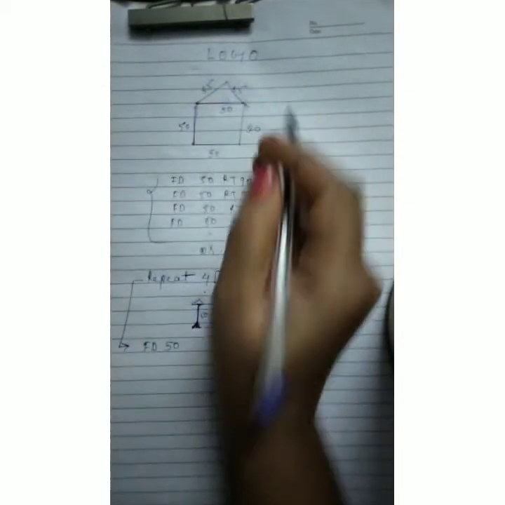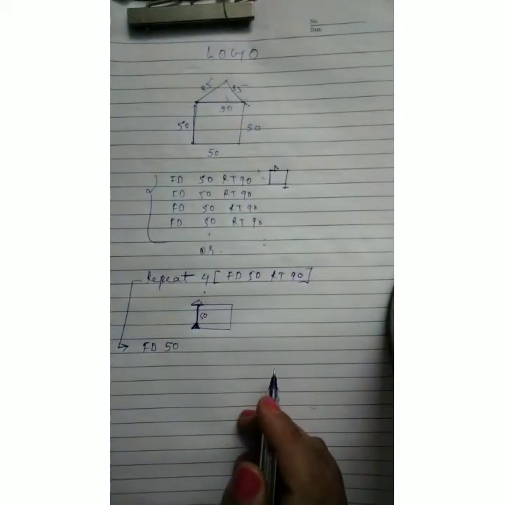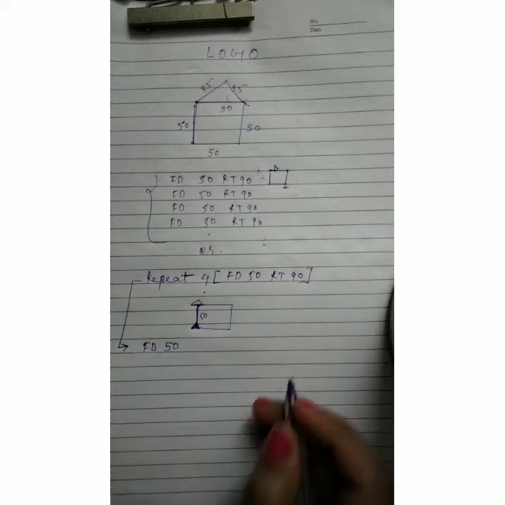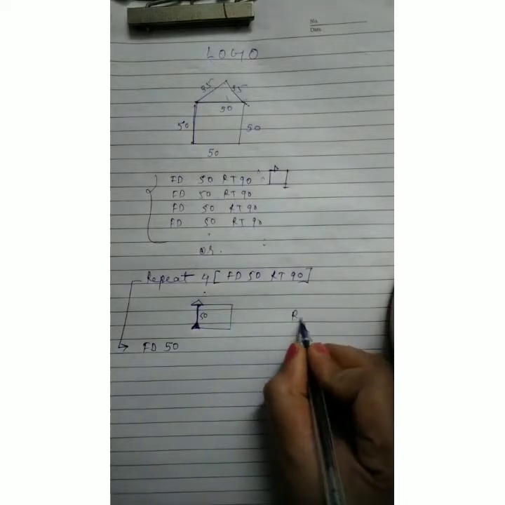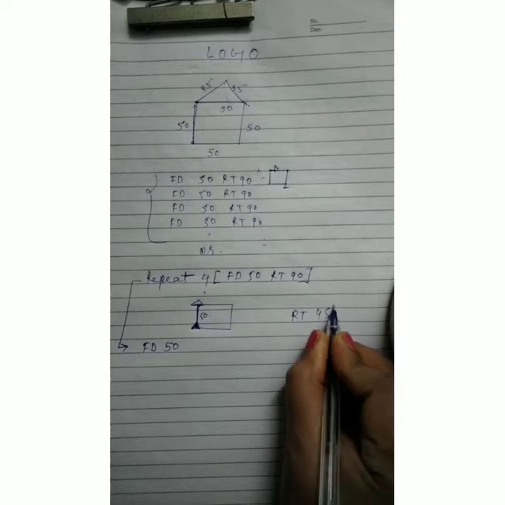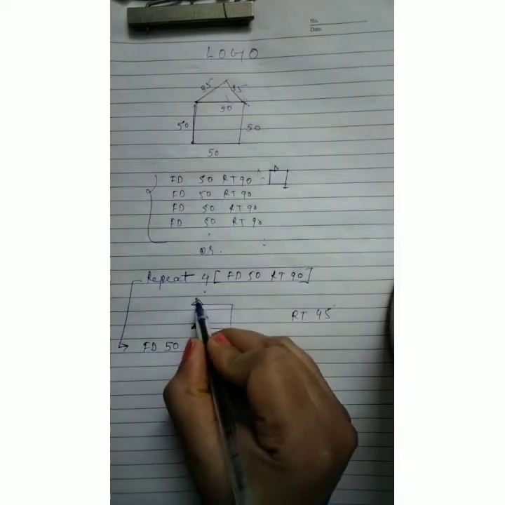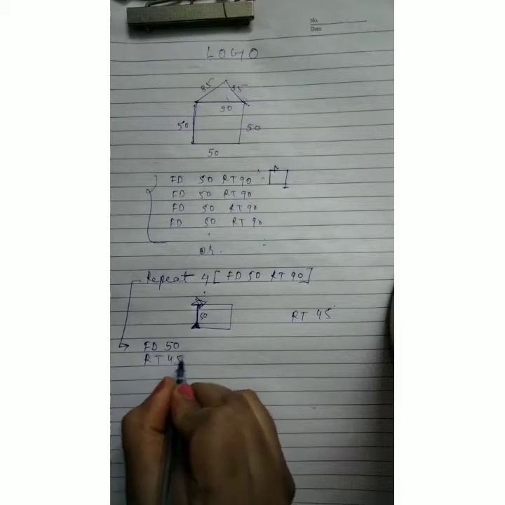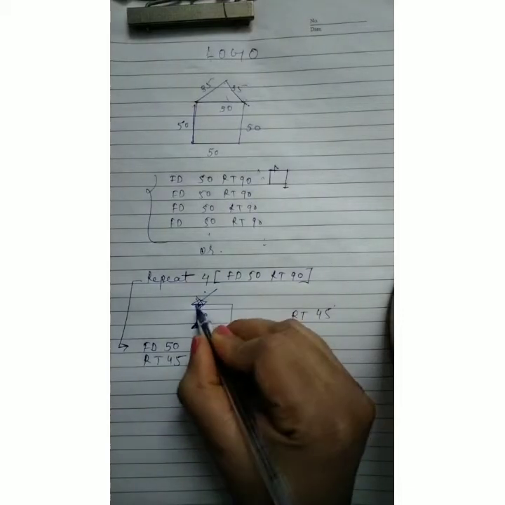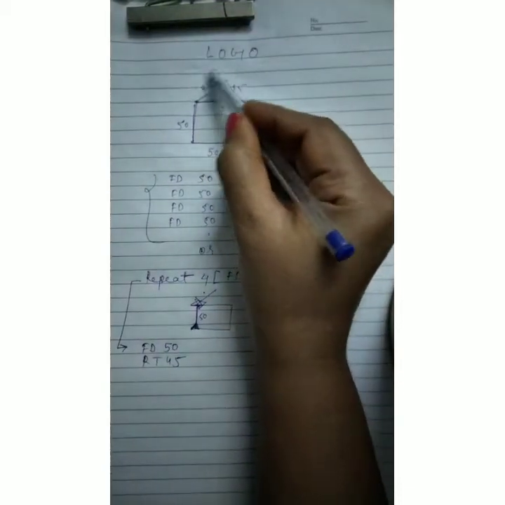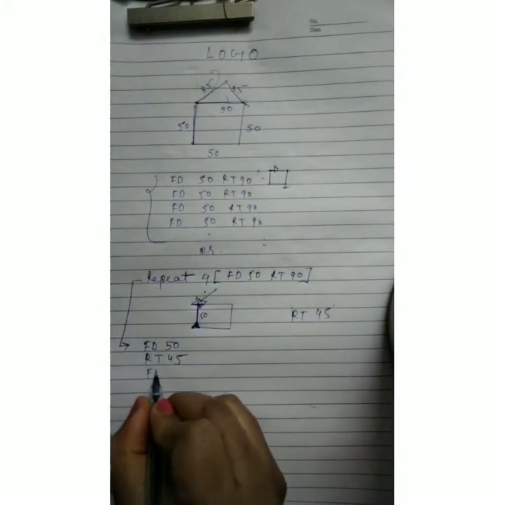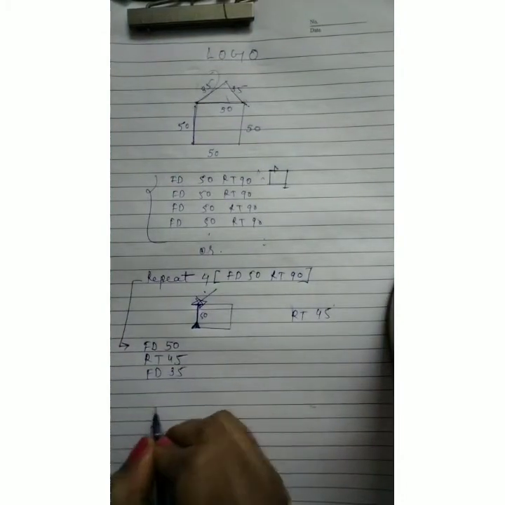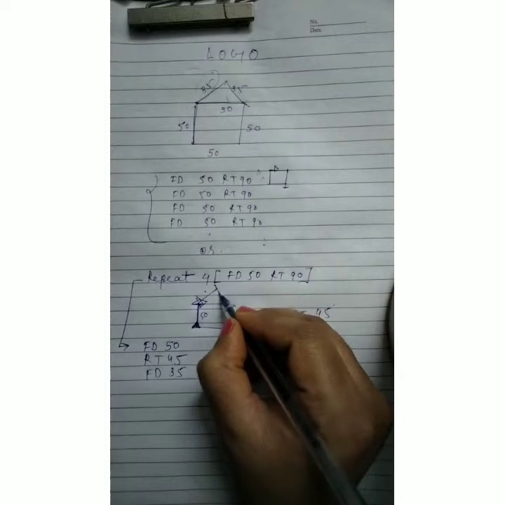But for triangle, you have to take a slant turn. Okay. In the beginning only I explained, for slant line you have to write RT 45. So your turtle will take turn like this, RT 45. Now to move in the same direction, FD 35. Fine. Now right now turtle is here,